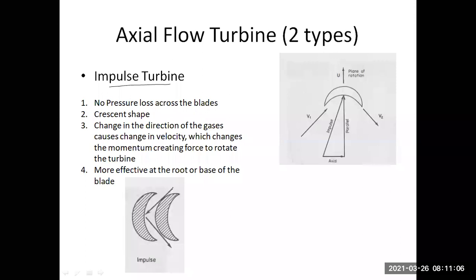So what happens is the air which is coming, from the nozzle guide vane, which I have not shown in the picture, is directed at a proper angle. It comes and hits the turbine. We call it the bucket. It comes and hits the bucket of the turbine, and the direction of the air will change and the air will go out like this.